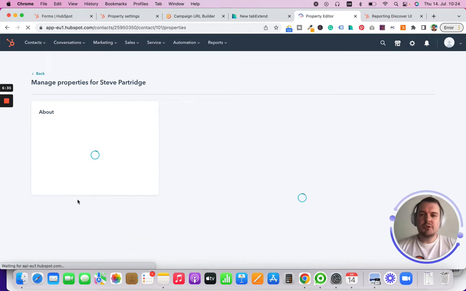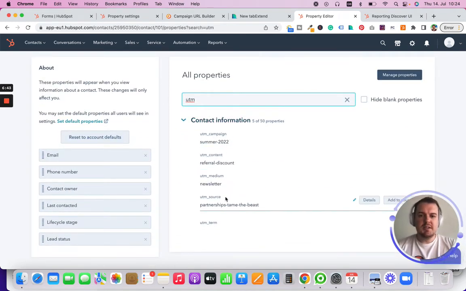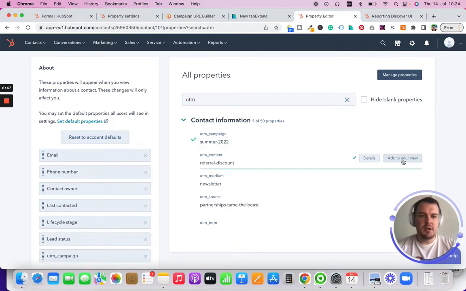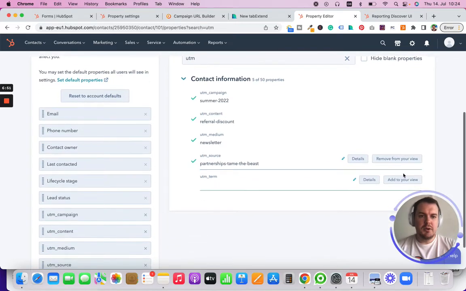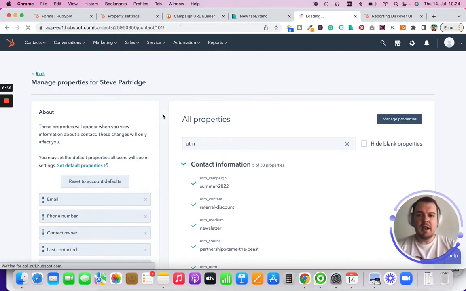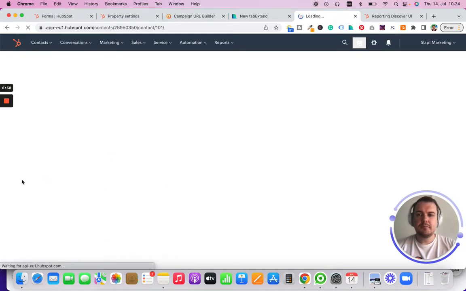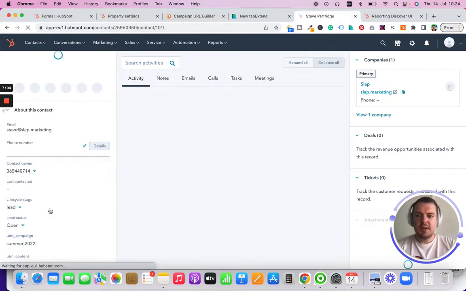So we would go to view all properties. We then search UTM, and we can see here are the properties that we've just created. So we'd add to view, add to view, add to view, add to view, and add to view. Then we'd go back to our contact, and we would see that in the left-hand side, we can now view